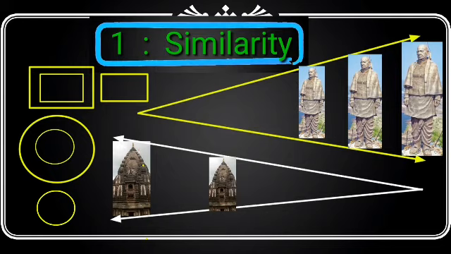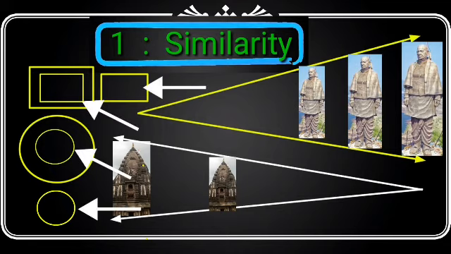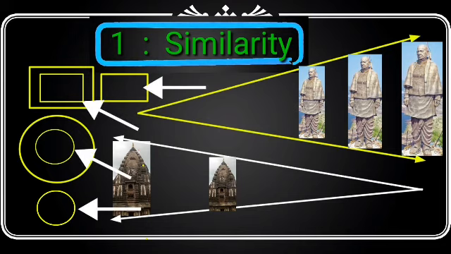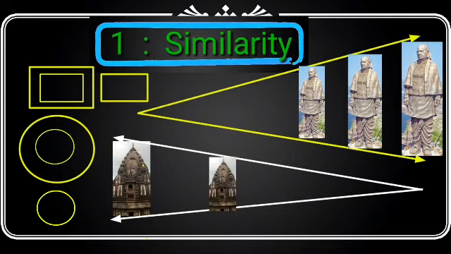In 9th standard, we have studied congruent figures and similar figures. What is the difference between these two? Recall that two figures are said to be congruent if they have the same shape and the same size. Two figures having the same shape and not necessarily the same size are called similar figures.